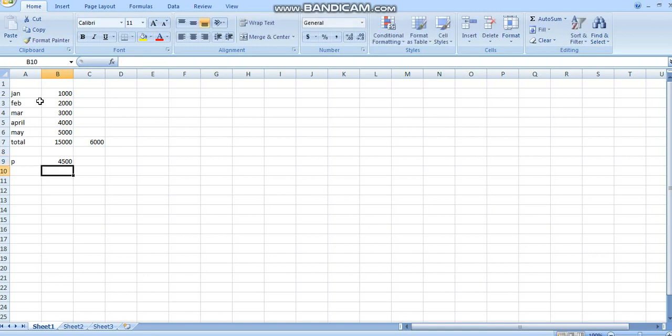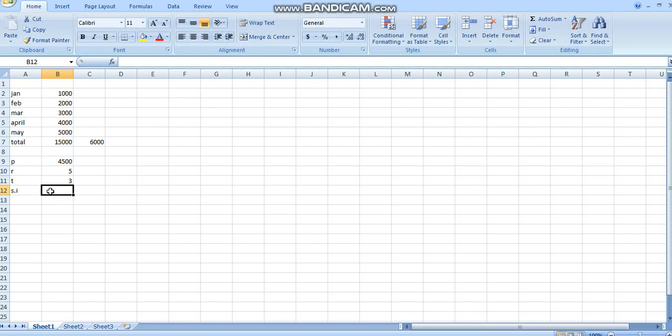Now in the second one, I'll take rate R. I'll represent rate as R. I'll take the rate's entry as 5. Then I'll write time as T. I'll take its entry as 3. Now when I have to do the formula, I'll write here simple interest. And what is the formula of simple interest? It is principal into rate into time divided by 100.